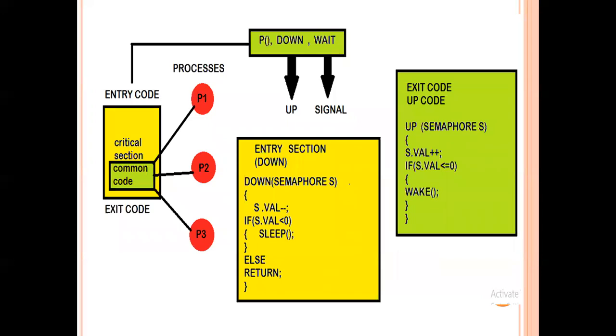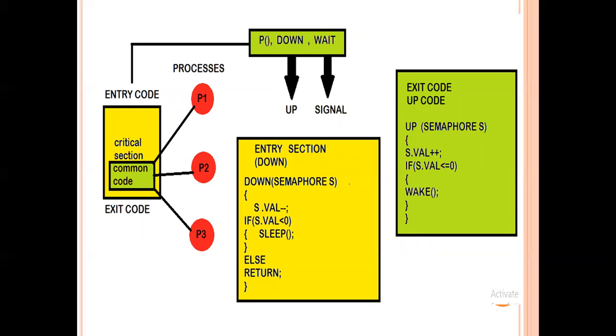So whenever a process needs to access a particular section of this critical block, it runs an entry code. Entry code is a program that a process needs to run so that it can enter the critical section and access the common code. Without it, it cannot enter. And similarly there is the exit code. Exit code is the program that a process runs before it exits the critical section.